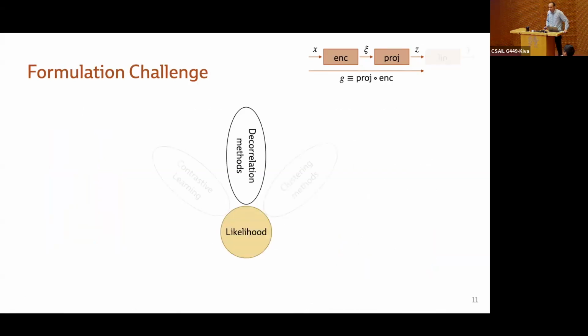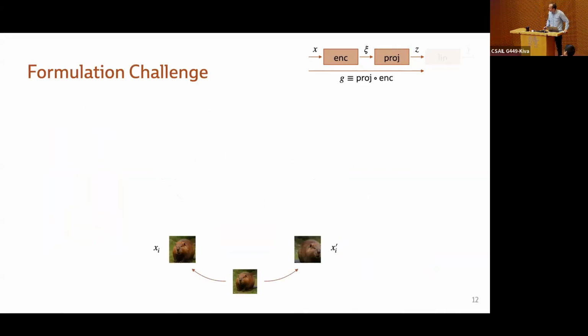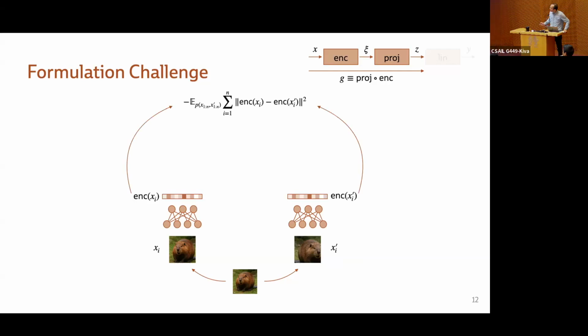Now let's look at the correlation methods. So in the correlation methods, we do a similar processing of our data. So we pick our image, we perform some data augmentation, we pass through our encoder, our neural network, to get some encodings here. And then what we do is that we try to force that these two encodings, similarly to before, are similar to each other. So if we maximize this quantity, essentially we force these encodings to be similar to each other. And so we want to be invariant with respect to the underlying data augmentation.